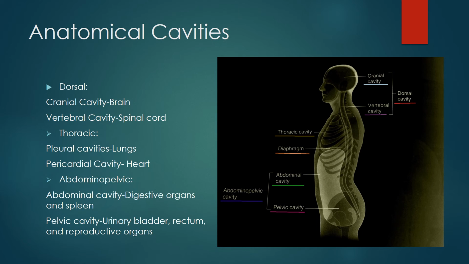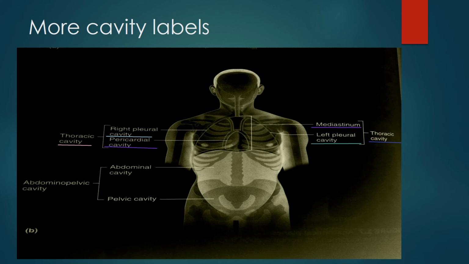is your heart. Then you have your abdominopelvic cavity, and you have your abdominal cavity, which is your digestive organs and spleen. Then you have your pelvic cavity, which is your urinary bladder, rectum, and reproductive organs. And these are just more cavity labels that I did not have on the other picture. So I added the mediastinum, and I added the left pleural cavity,